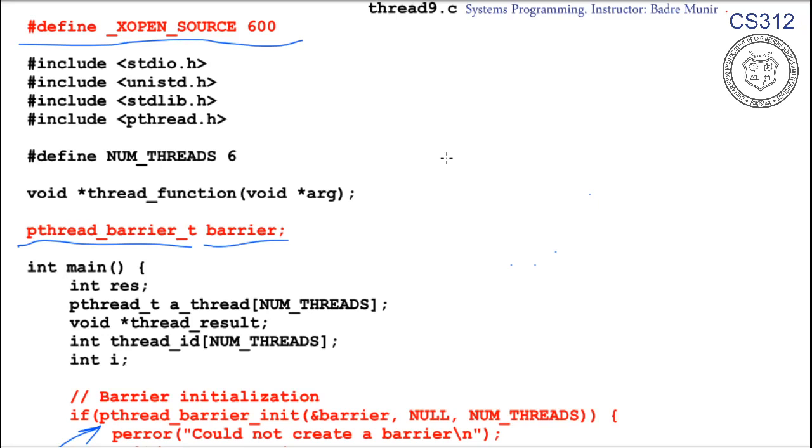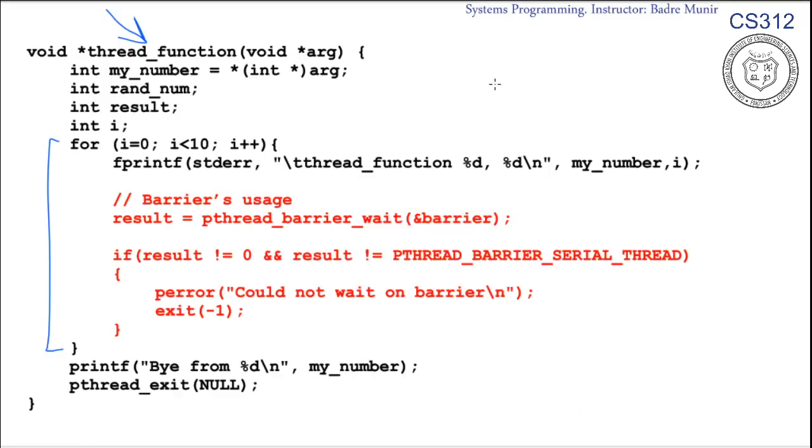The next step is to modify our code where we actually will use the barrier. And in this example it is desired that the for loop in all threads proceed together. Therefore, the use of barrier would be inside the body of the for loop. And here we have the call to pthread barrier wait. And notice that we have to pass it as a parameter the barrier that was initialized in the beginning of